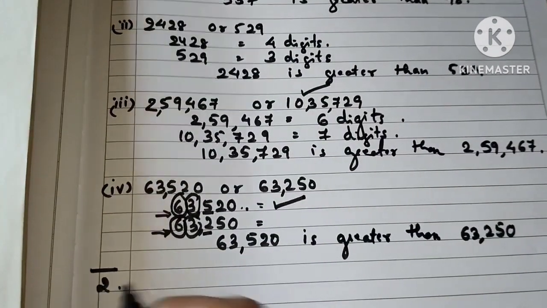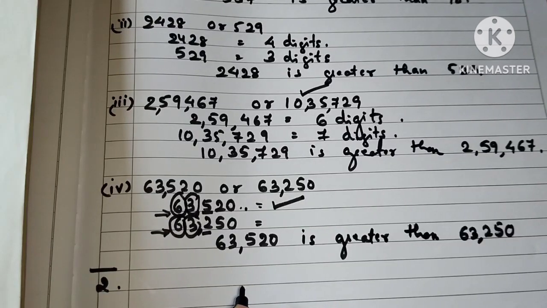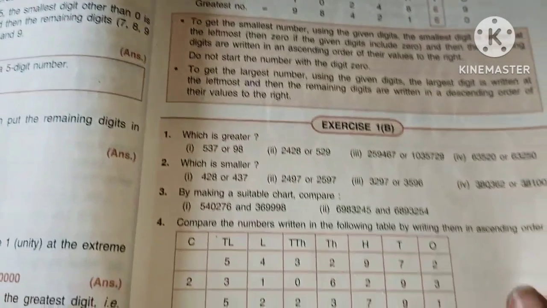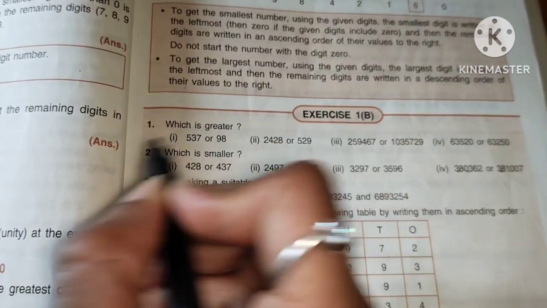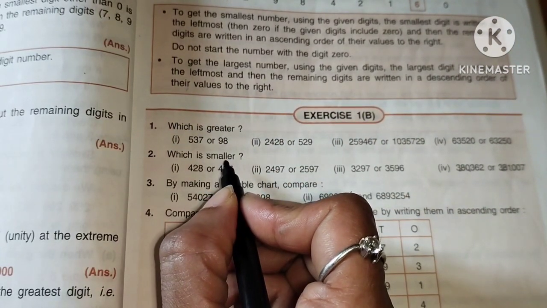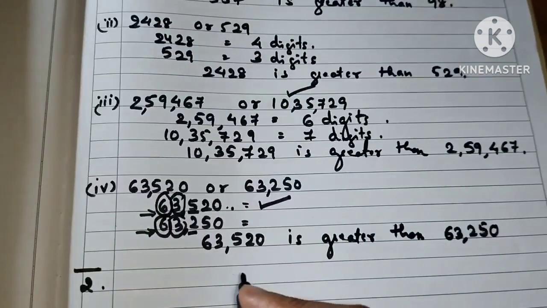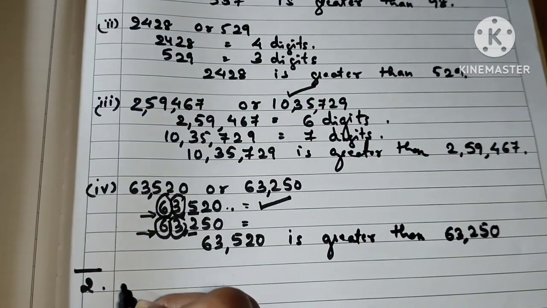Now we will move on to the second main. The same, the reverse, which is smaller. Now the first main was which is greater, children. Now which is smaller, the reverse we have to think now. Okay. Now the first question is